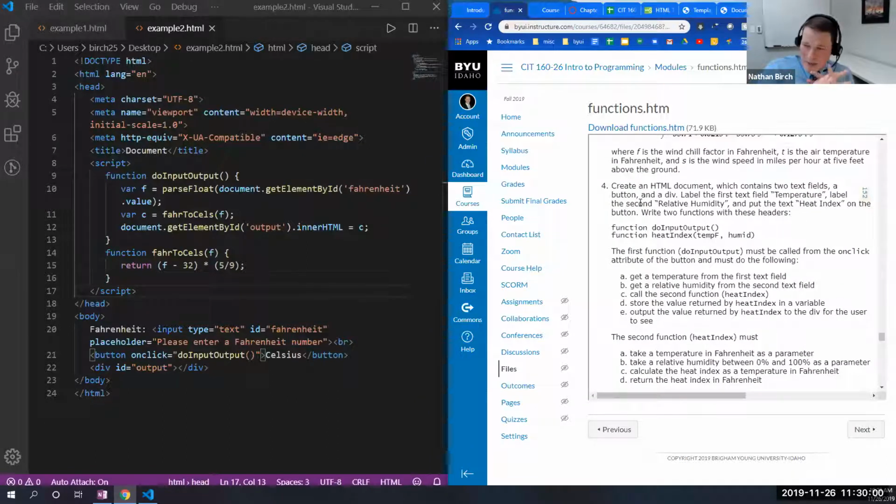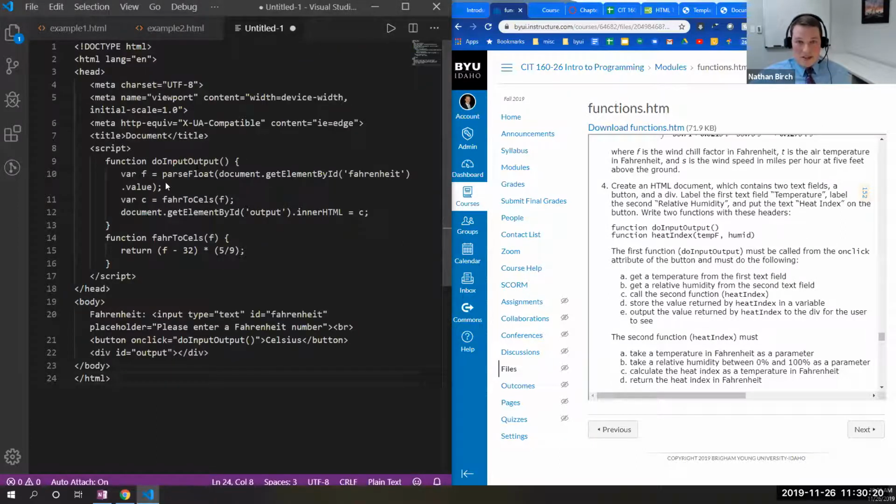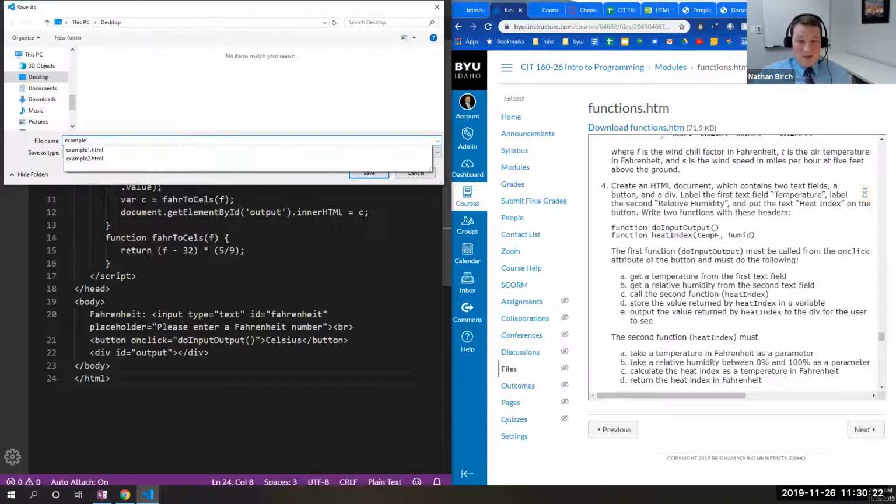Create an HTML document which contains 2 text fields, a button and a div. Label the first one temperature, second one relative humidity, and put the text heat index on the button. Right, 2 functions. So this is an example of something that might not be as easily Googleable, but we'll figure it out. So I'm going to copy all this since it already has quite a bit of the stuff that we need, like text fields and stuff. So I'm just going to say example